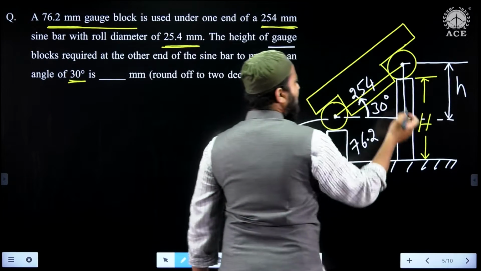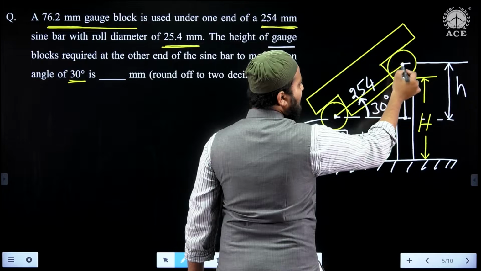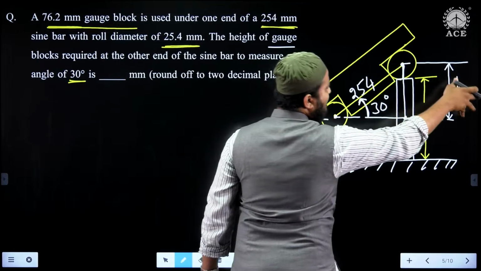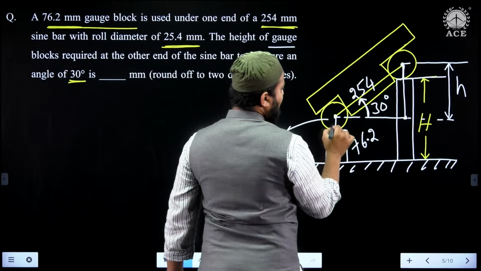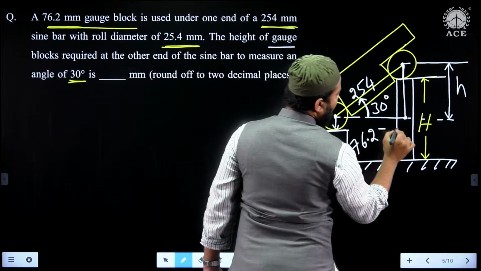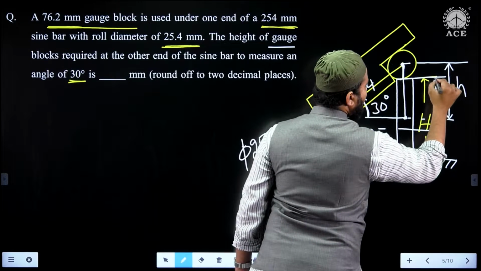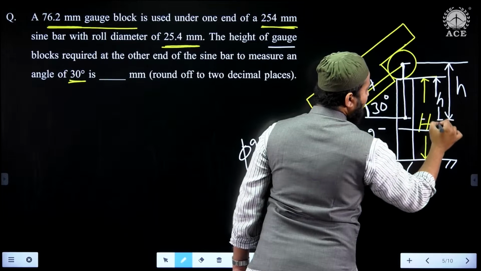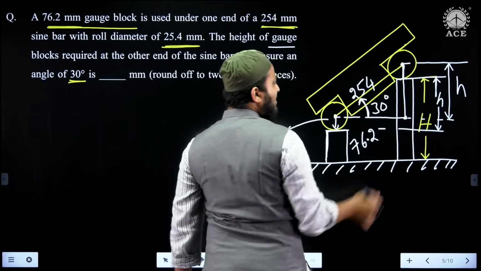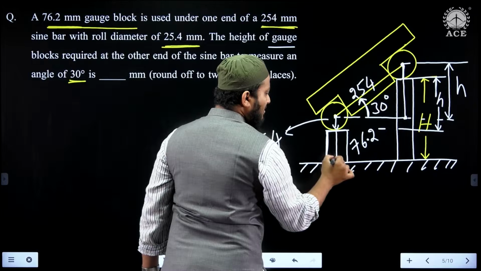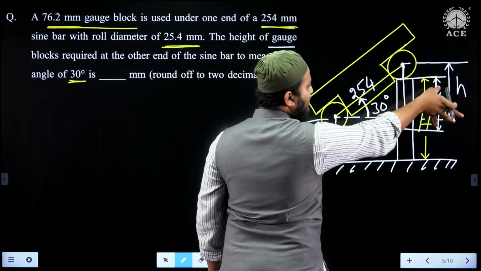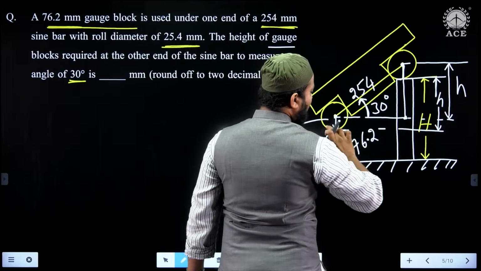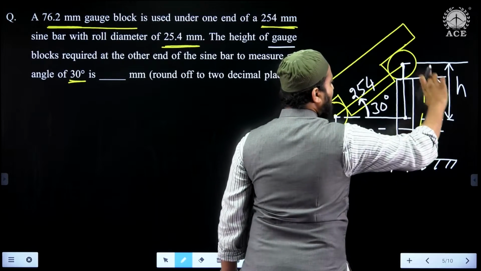Once you get small h, even if you consider the radius here, along the radius it is small h. Similarly, this is also the same radius, so up to here also it will be small h only. So once you know the small h, after that particular bottom roller, the height of slip gauge is 72.6. Therefore, capital H will be 72.6 plus small h.